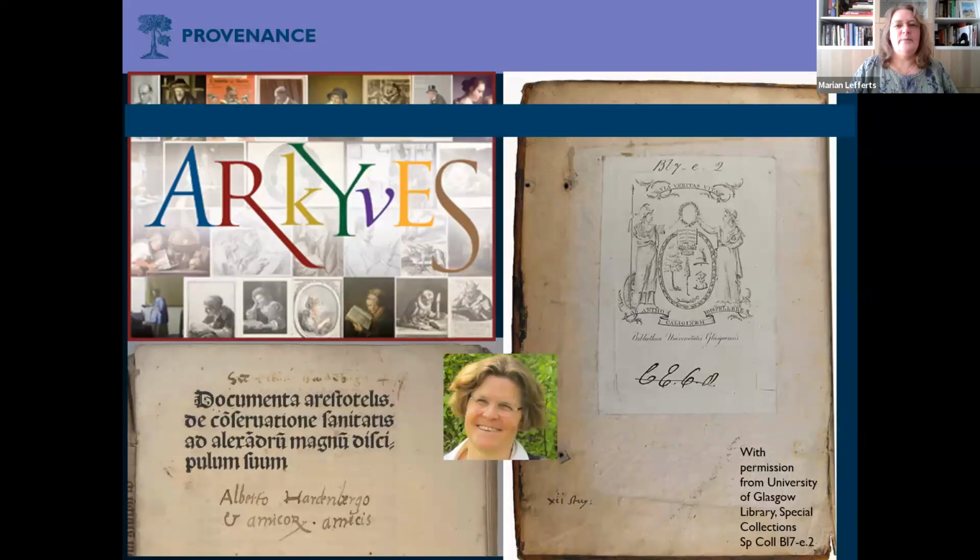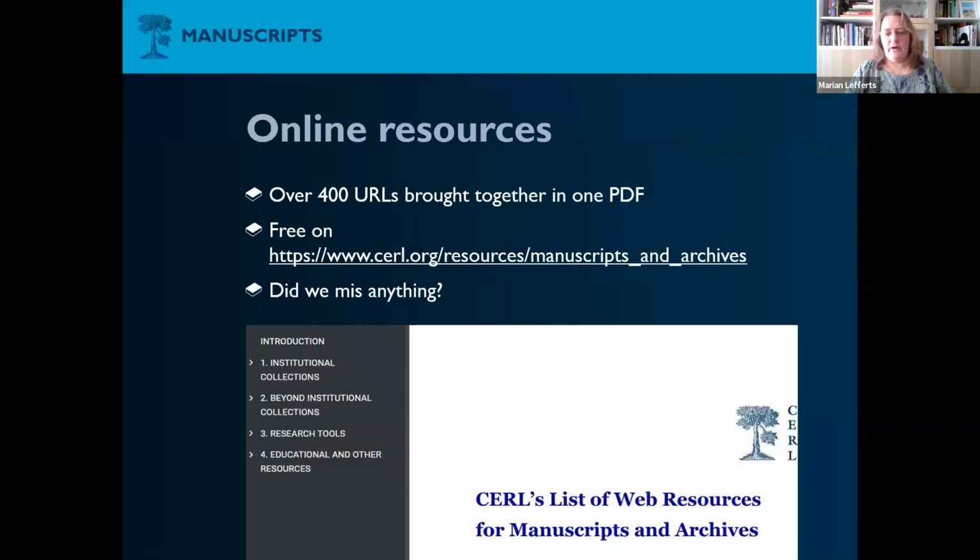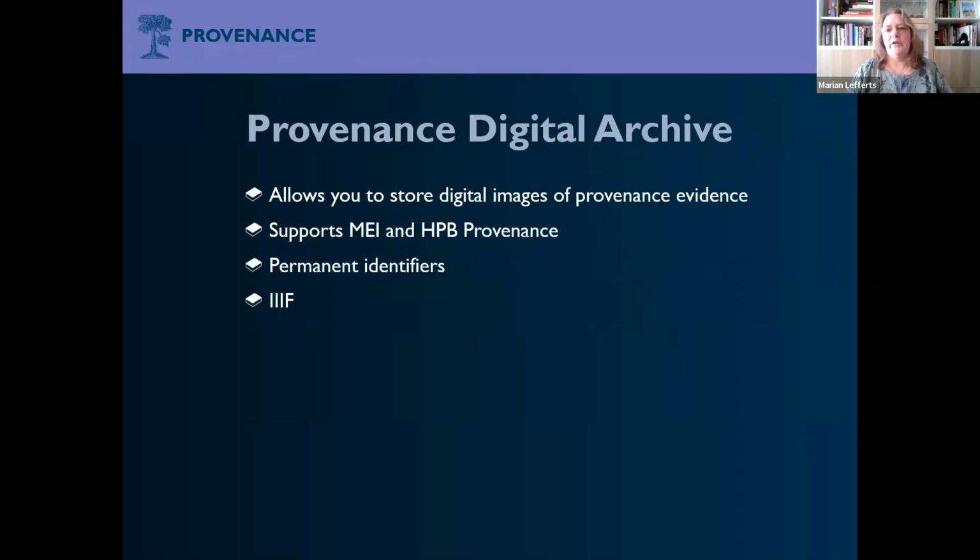This is the provenance section in CERL, and Marieke van Delft, who you see here in the middle, created the Provenance Digital Archive, and it lived in the context of archives. It contains digital evidence of provenances, so photographs of what you see in a book. You can upload them there, and they need short descriptions for each of these provenance evidences. So a rough indication of age, a rough indication of geography, and a good description of what you see and what sort